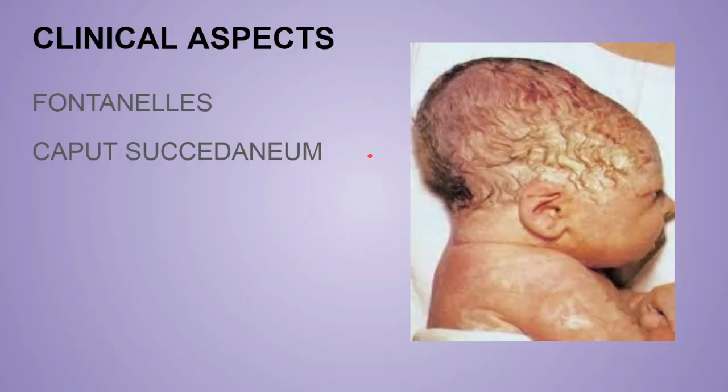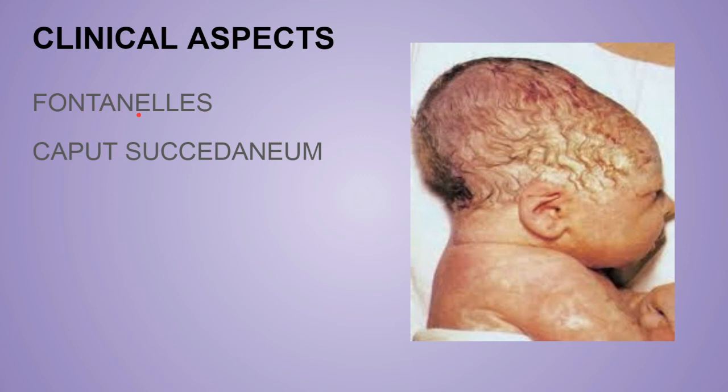Now the clinical aspects of the norma verticalis. Now first of all, fontanelles. I told you before what fontanelles are. These are actual sites of the growth of the skull, which permit the growth of the brain and help in determining the age of the particular baby. Okay, and the fontanelles actually are unfused parts of the skull bone. Okay, if you just touch the particular part of the anterior fontanelle and the posterior fontanelle of a small baby, you will be easily able to feel these fontanelles. They are the unfused part of the skull bone and allow the growth of the brain.